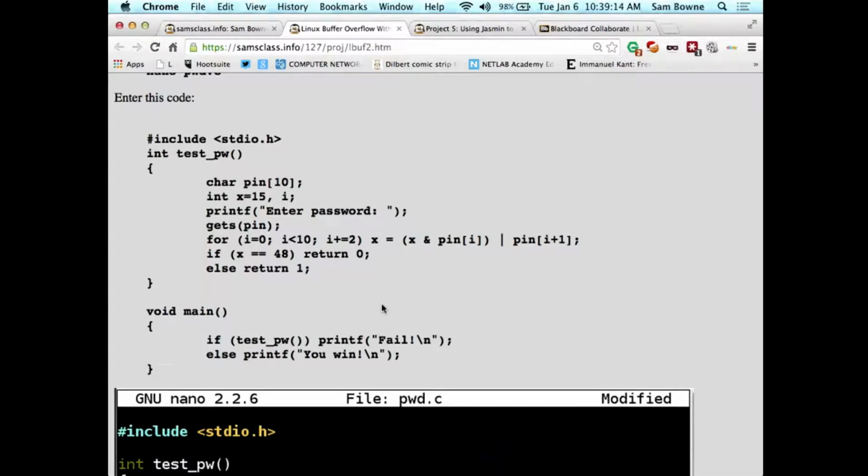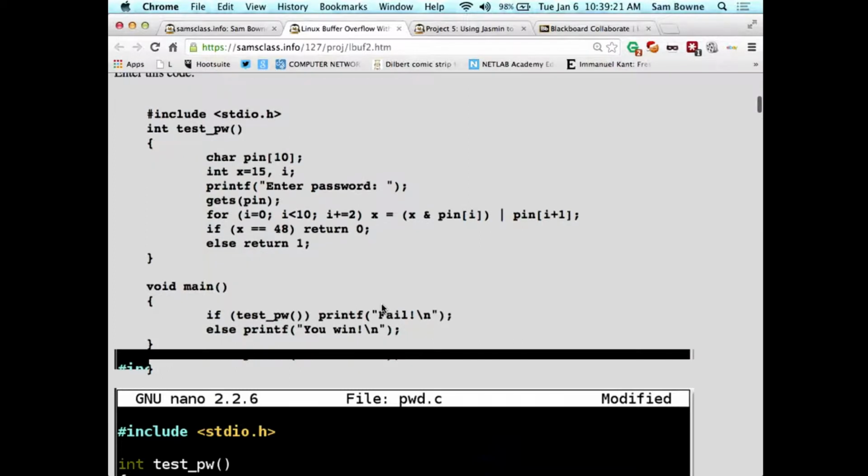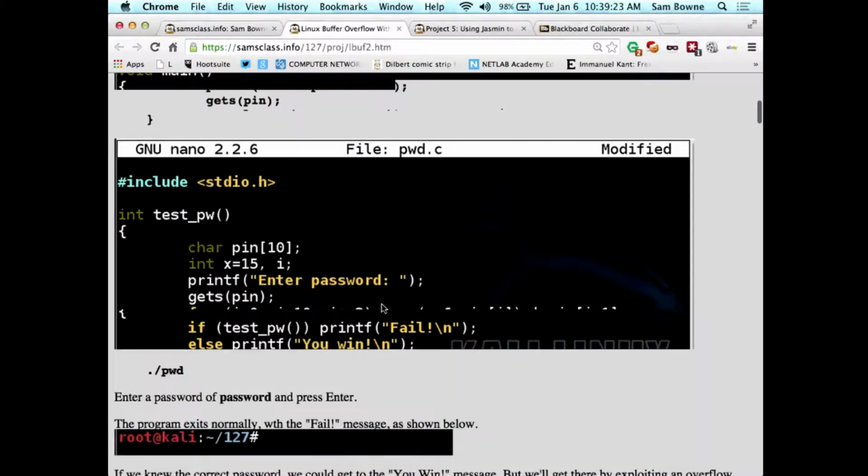So it's not obvious what the right password is. And so we're going to ignore the fact that it asks for a password and trick it into telling us we're getting it, just like you might jump over the product. So compile that thing,